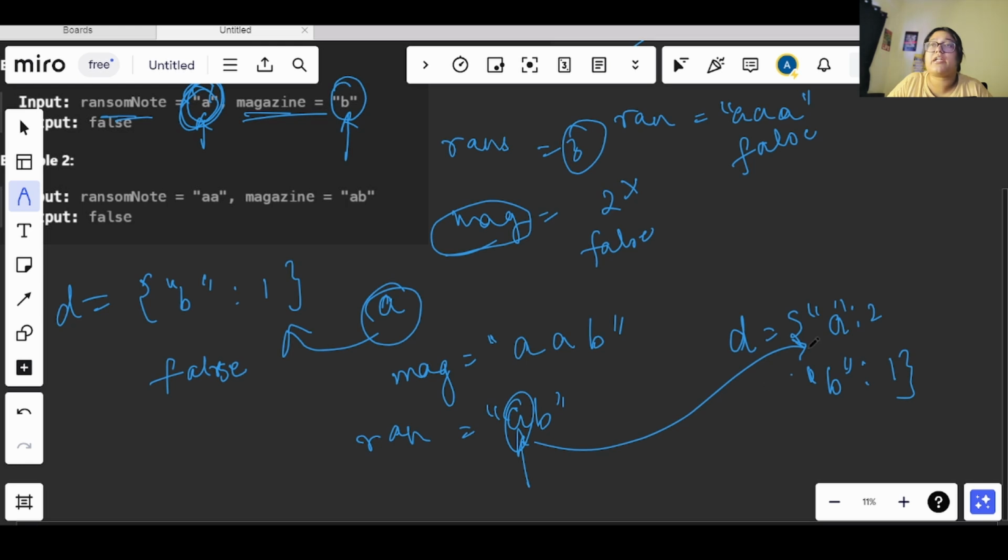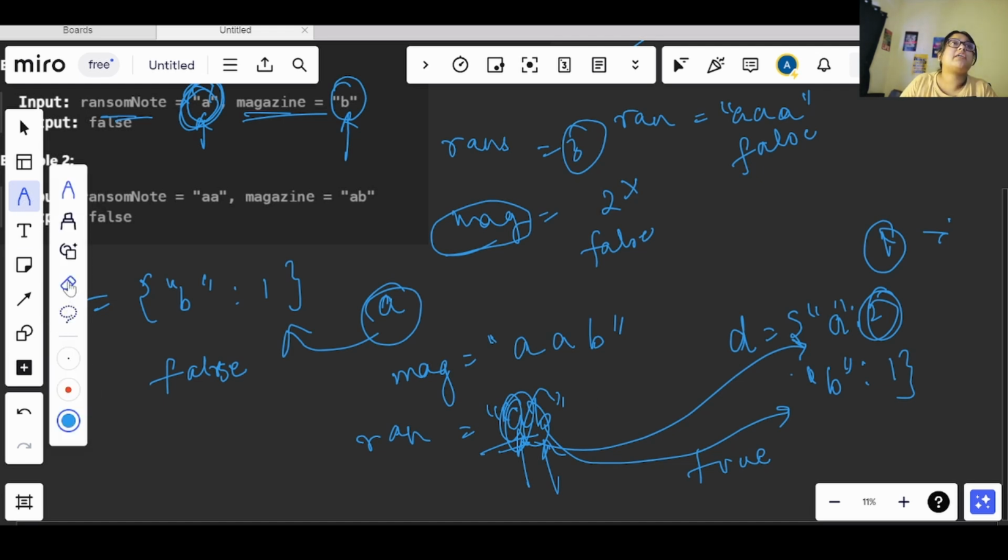It exists, right, and the count is greater than 0, which means it has a count of 1 or more, okay. So I have a letter A and I can use that here. This is a true condition, so we will move forward to B. Now we will again check if this B exists in the dictionary or not. It exists, therefore we will be returning true since both the conditions are true.